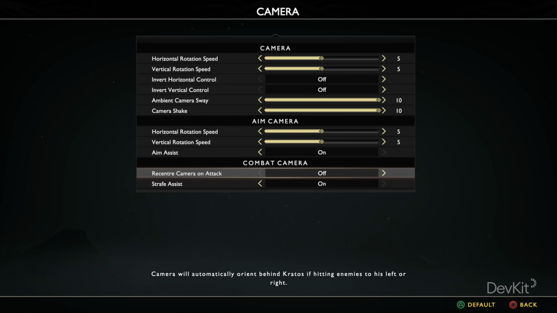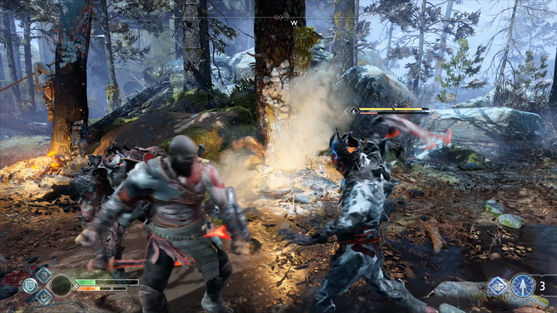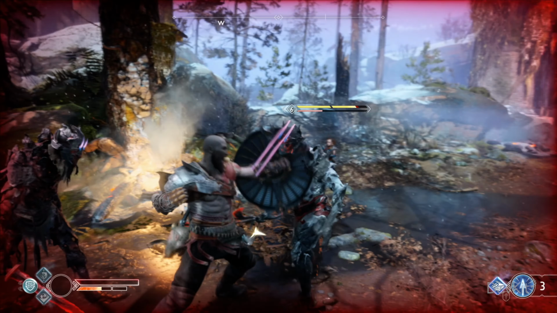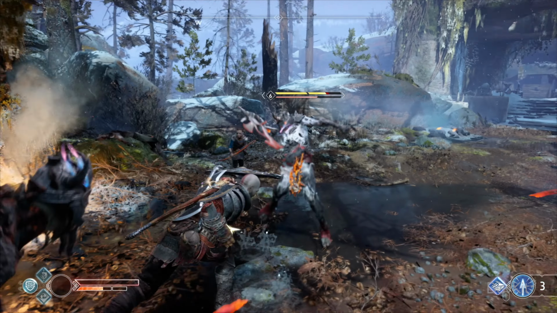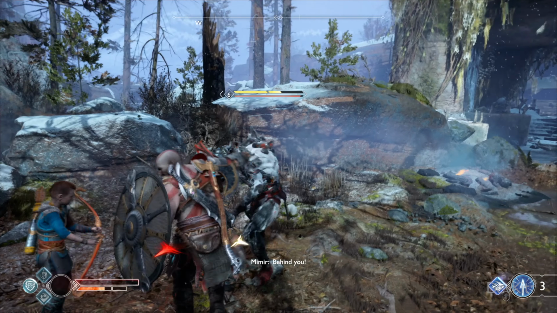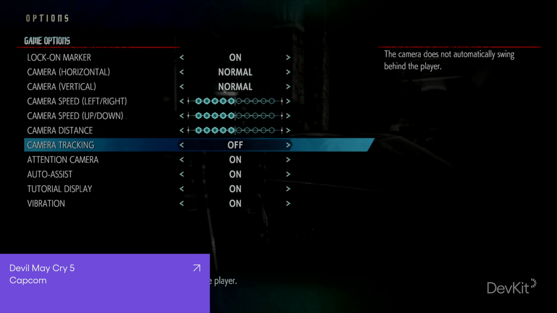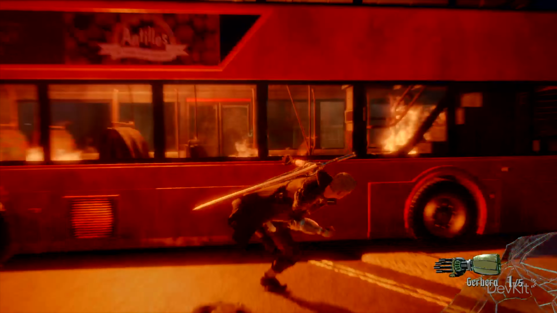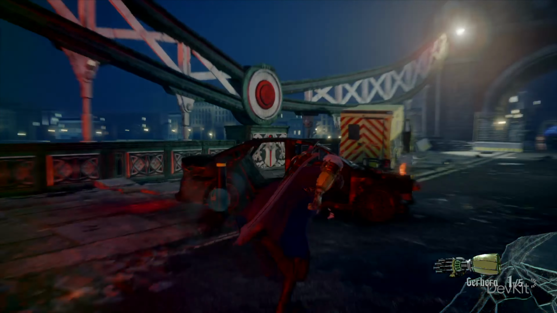But as with digital actions, you could also automate analog actions in response to other actions. So as an alternative to resetting the camera manually, you could have the option to have the camera automatically adjust itself when the character attacks, for example, like God of War allows you to do. Or perhaps you might continuously update the direction of the camera to point in the direction that the character is moving.